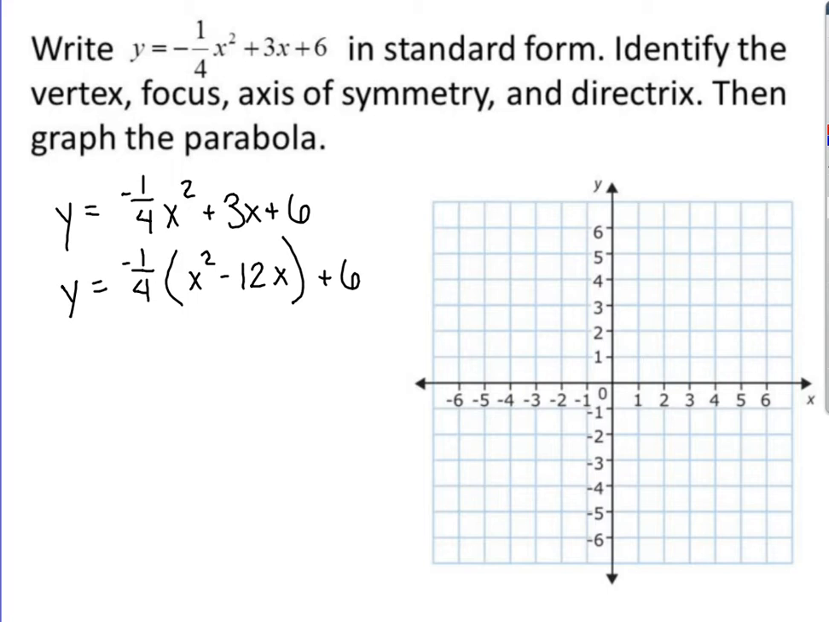Now we want to be able to write this as a whole quantity squared with the x. So we're going to want to be able to factor the x squared minus 12x. Right now there's not a constant with that, so we are going to have to complete the square to be able to get that done. Remember, when you are completing the square,